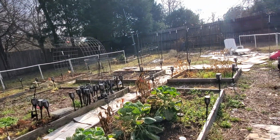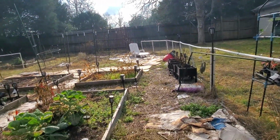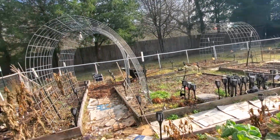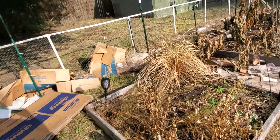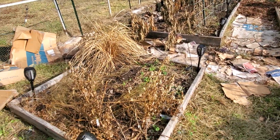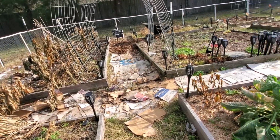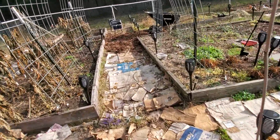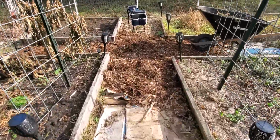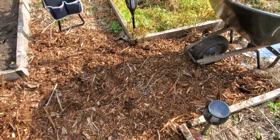So I'll have that. But anyway, this is my very grubby looking garden, to say the least. I don't even have words for it. It looks trashy. But I'm working on getting mulch from the front. I have a whole thing of mulch to bring back and spread in the pathways to